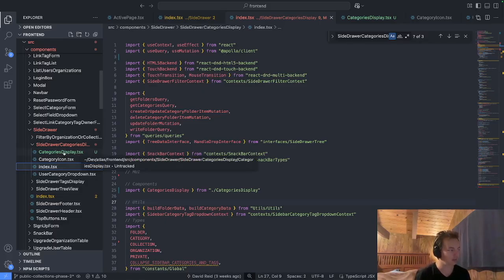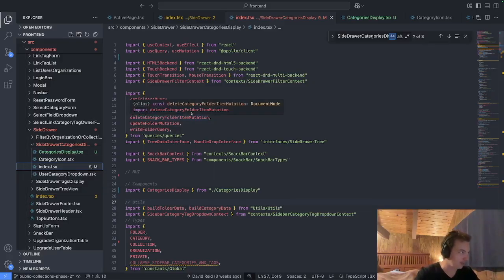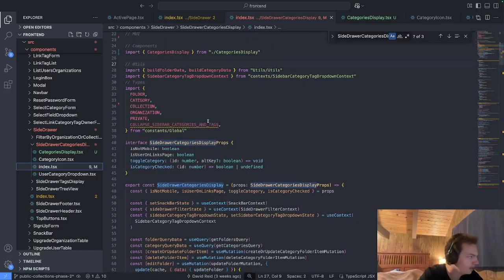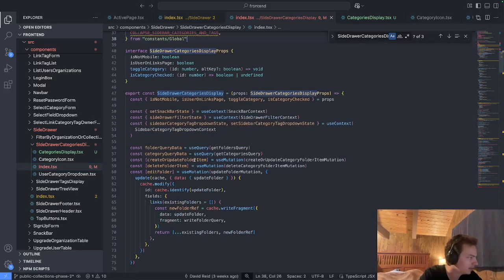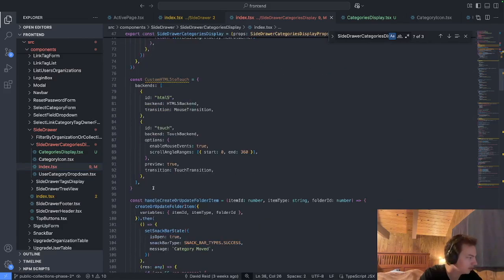And then categories display I will be able to reuse in the future for public collections, because all I need to do is pass it data from a collection instead of from user ID 12, and things will just work. The goal right now is to make this work for just user ID 12, and then we should be good. We don't need any new logic. All we need to do is just rewire this. And that's what I'm doing right now. I'm kind of flying through this. I'll do a better job at explaining as I go. But this is just a bunch of rewiring, and